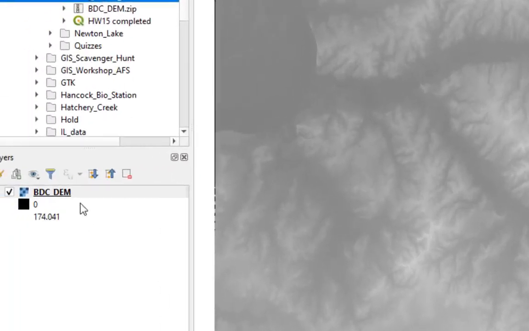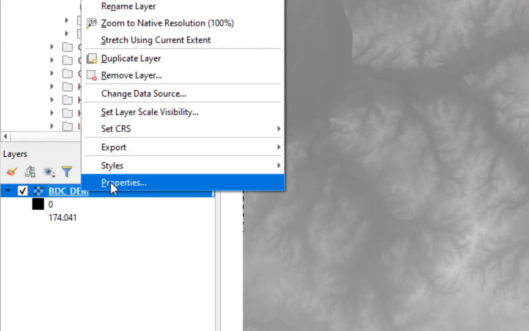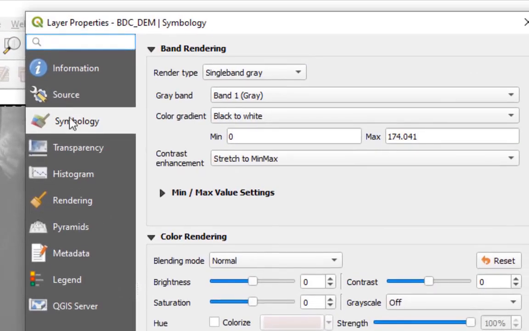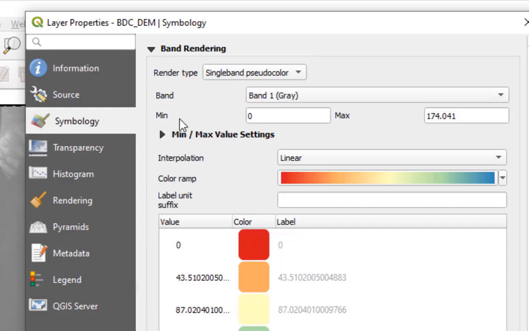We could right-click on this and go to Properties, and go to Symbology, and we can play with the colors here. We might change this to single band pseudo color. There are several different color ramps, but with this color ramp, red would be the low areas and blue would be the high areas. Let's invert that